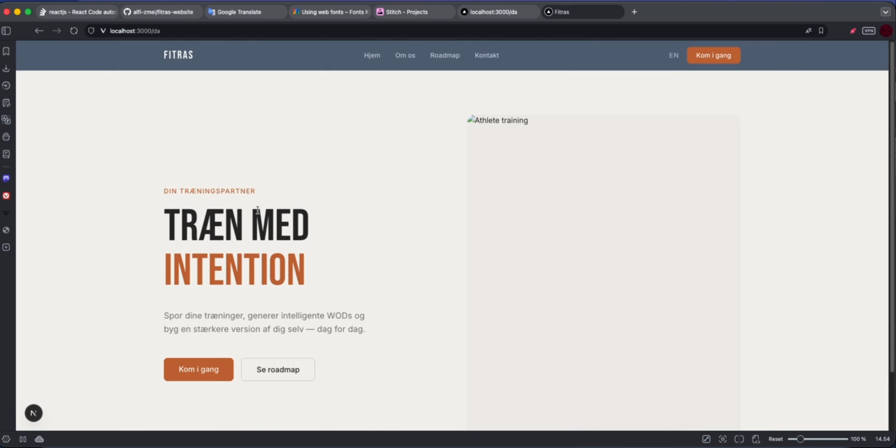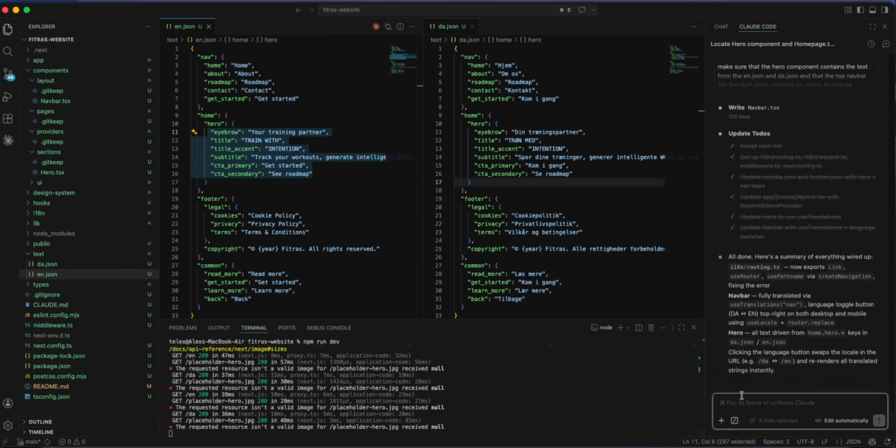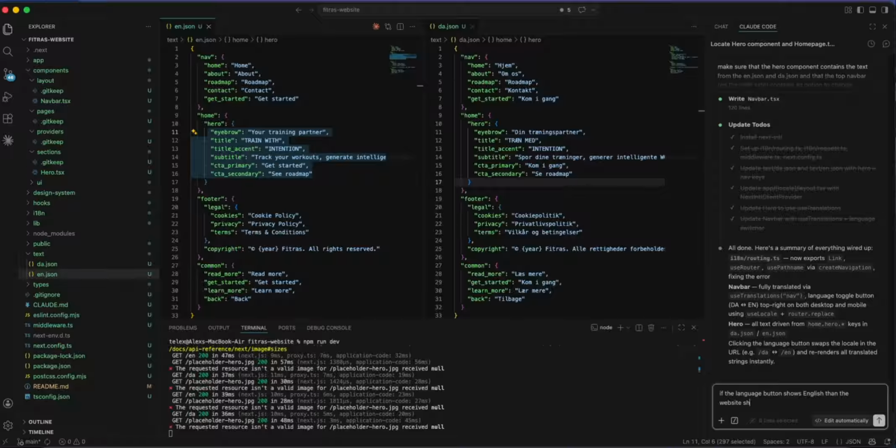We're going to fix this. And what we're going to say is that if the language button shows English, then the website should display